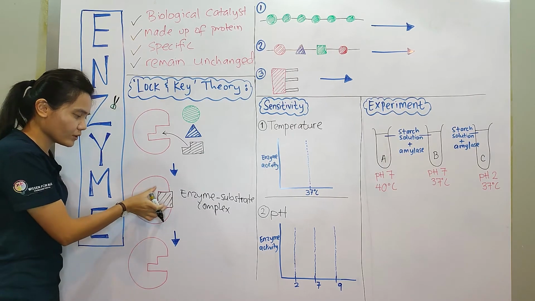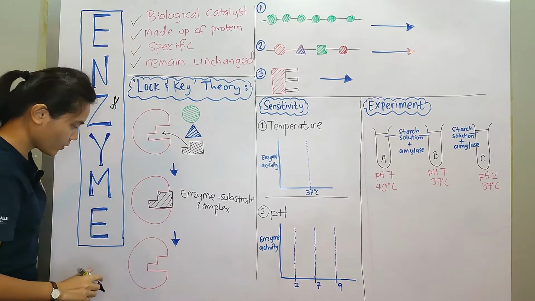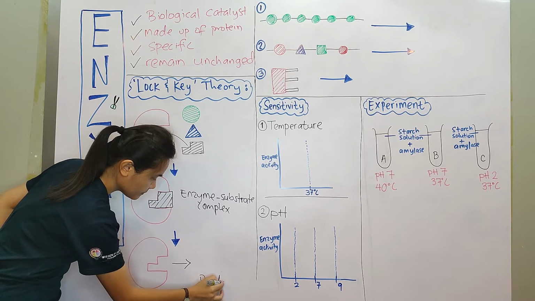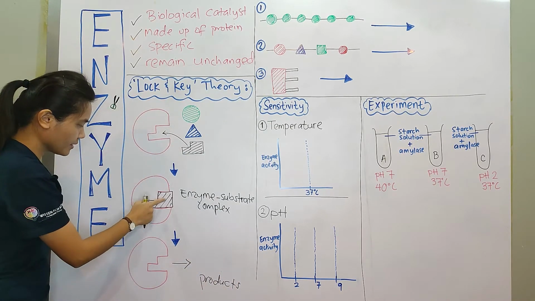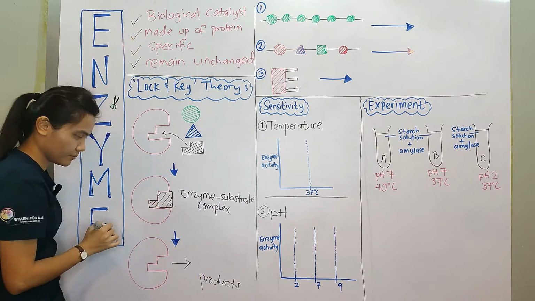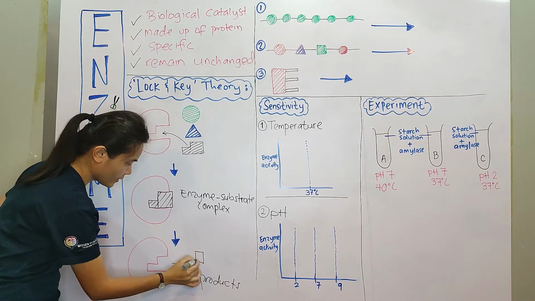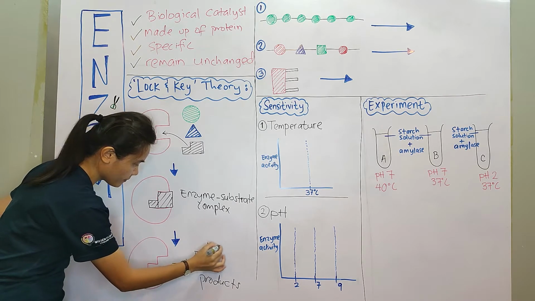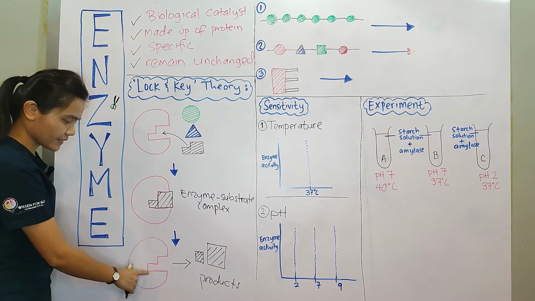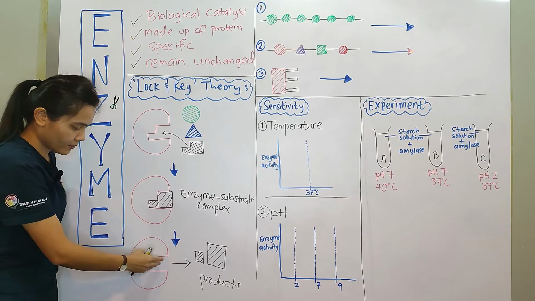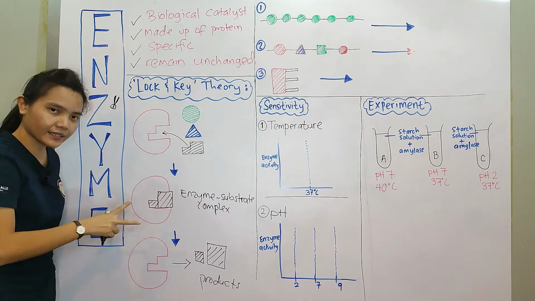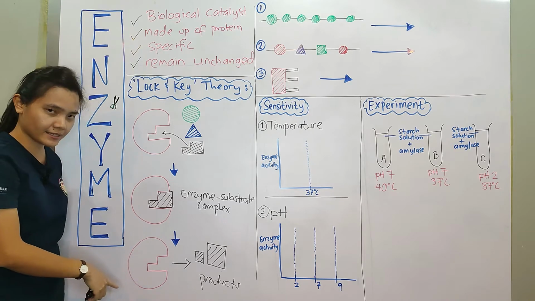Right. So what happened when they bind? Of course, this enzyme will break the substrate. How does it break? It breaks and gives products. Imagine this enzyme breaks this substrate into 2. Let's say it breaks at this point. So you have one small square and also one big square. Then the active site is now free, or vacant. So another substrate which is of a similar shape can go in again, and it will be broken down by the enzyme, and then you have products.